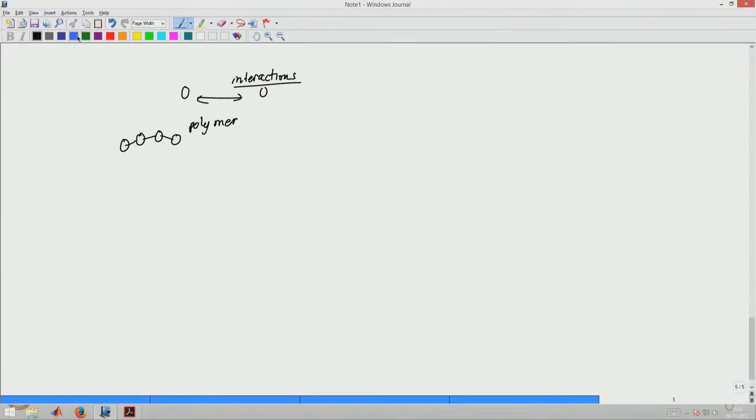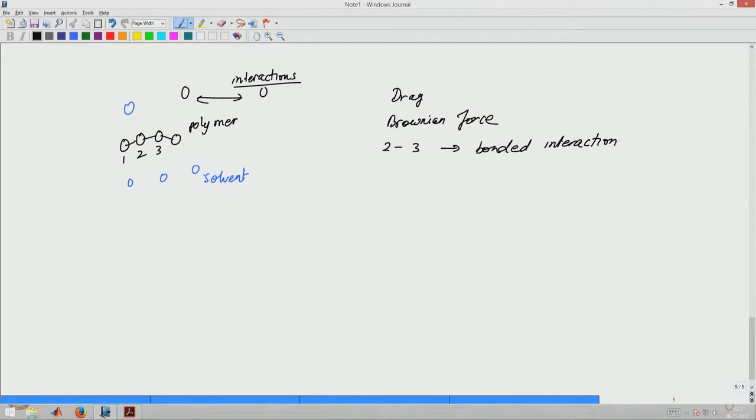And this polymer could be interacting with the solvent. The interaction with the solvent could be in terms of drag, as we said earlier, or in terms of a Brownian force. We could also have the bonded interaction. So, the beads 2 and 3 will interact through a bond, but let us say there is another polymer,